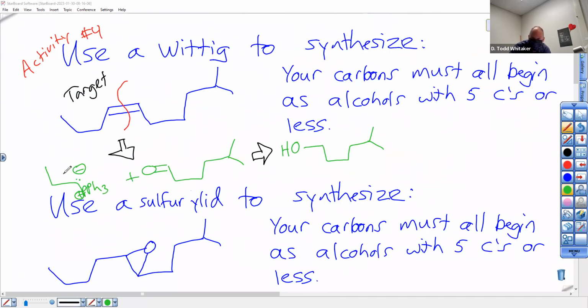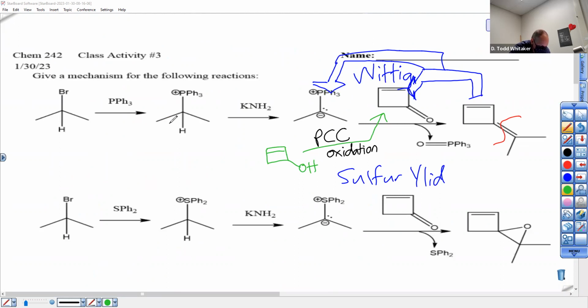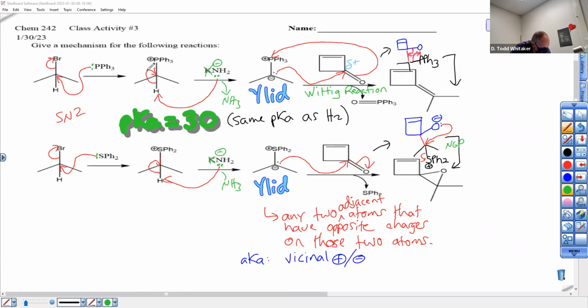Where's the ylid come from? Well, we know the answer to that. Ylid comes from the precursor to an ylid in an acid-base reaction, which comes from an SN2 reaction that made the precursor. So two things. And alkyl bromides come from alcohols. We've got to know that. Chapter 10. I'd have to say that's a little more important than the PCC reaction, but they're both very important. Okay? So, previous page. You need phosphorus tribromide with an alcohol to make the alkyl halide, and the precursor then